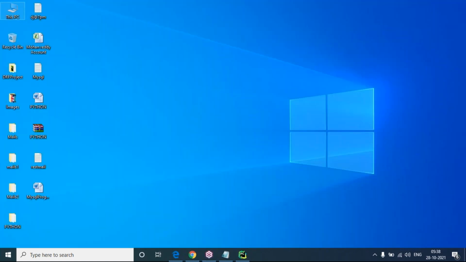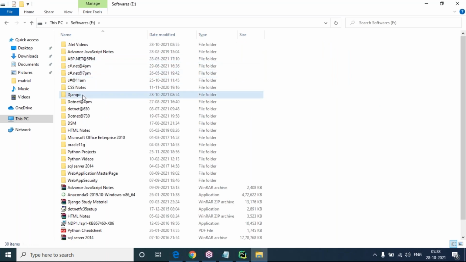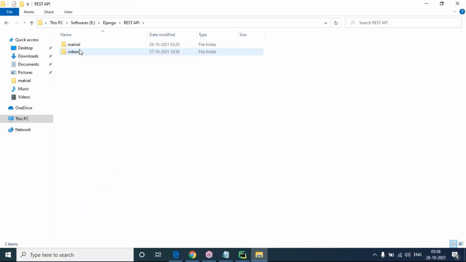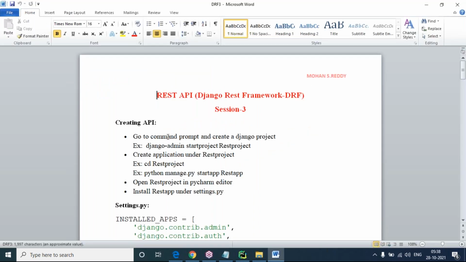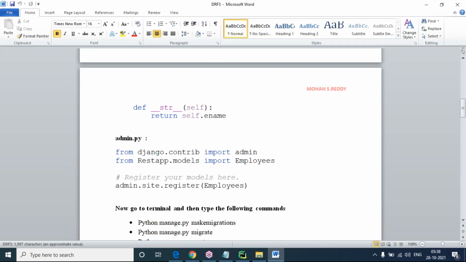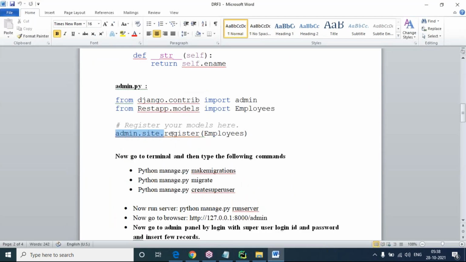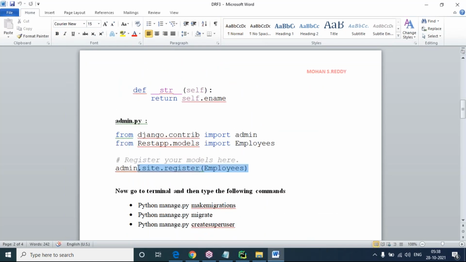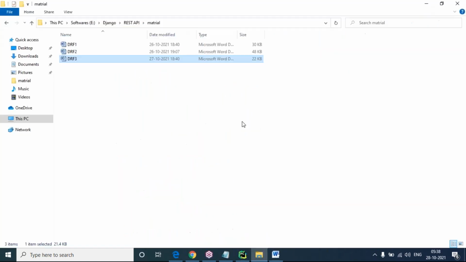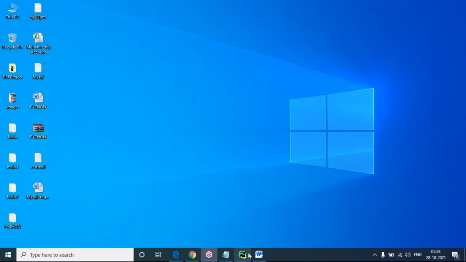Let me open my documentation. Okay, in the previous program, in the admin panel, how I registered: observe here, only admin.site.register of Employees. Okay, but now observe carefully here: whenever we used this one with the string ename, it was displayed. Now this time what will happen, complete details are going to display in the admin panel.